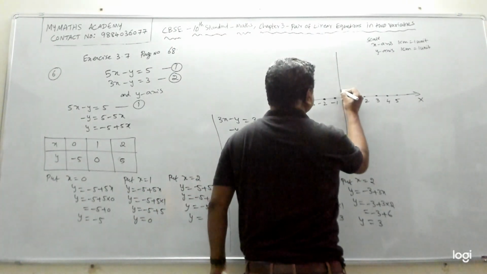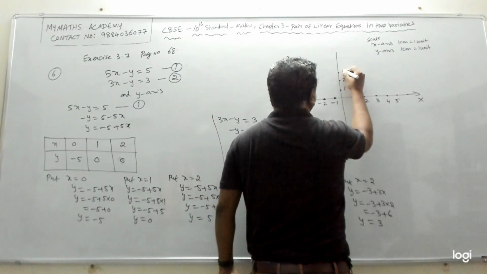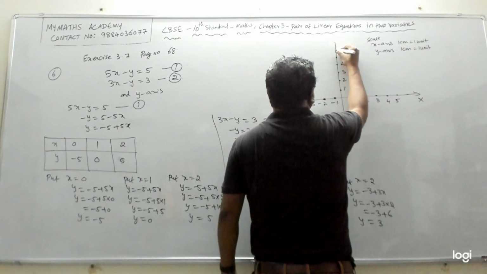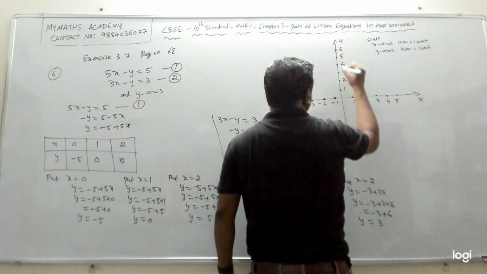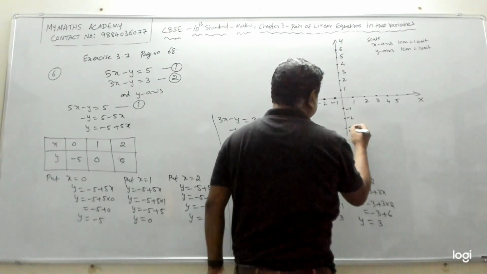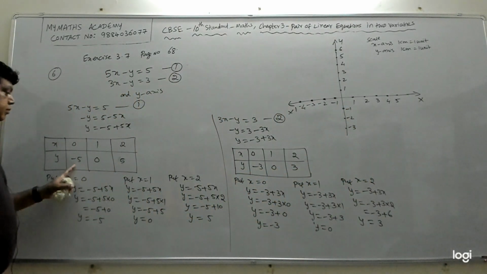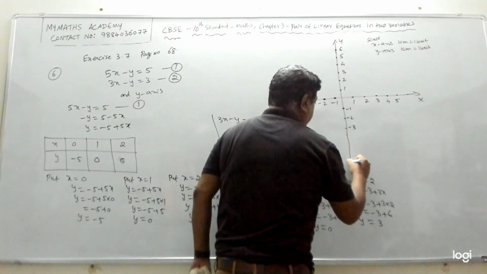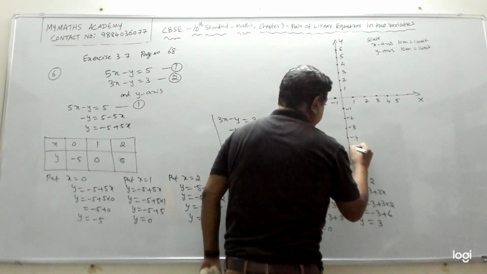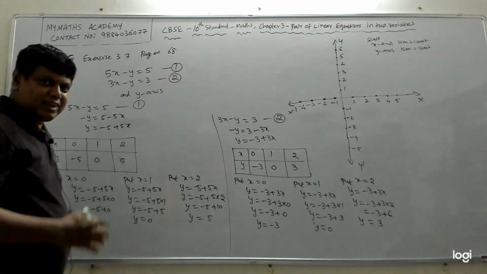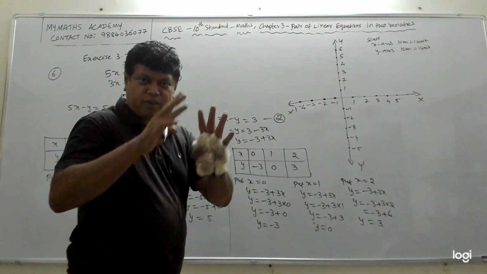Now y. Y is 1, 2, 3, 4 and 5. Right? We can put 6 also. Clear? So this is your positive y-axis, and here it is minus 1, minus 2, minus 3. This you should write till this point. I have minus 5, so you should have at least till minus 5 here. So minus 4 and minus 5. This is my negative y-axis. Now our graph sheet is ready. At least my graph sheet is ready. So you should have your graph sheet ready, right?